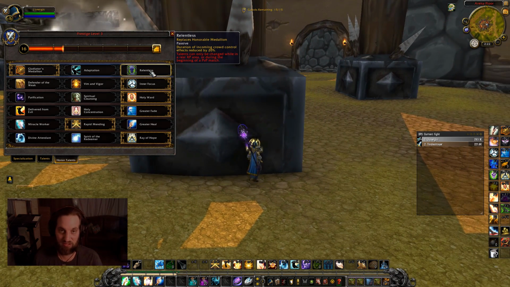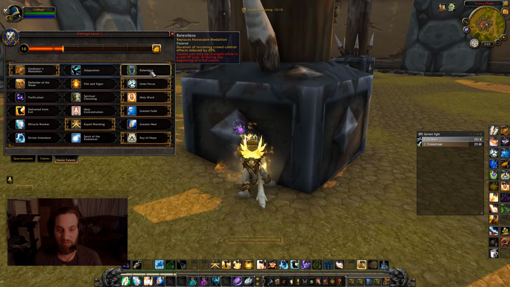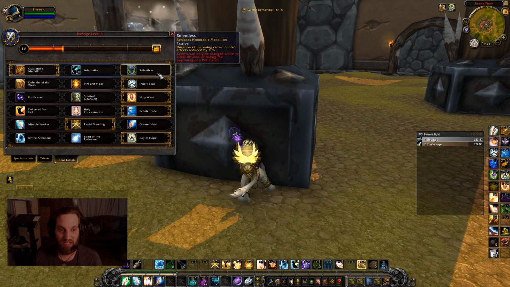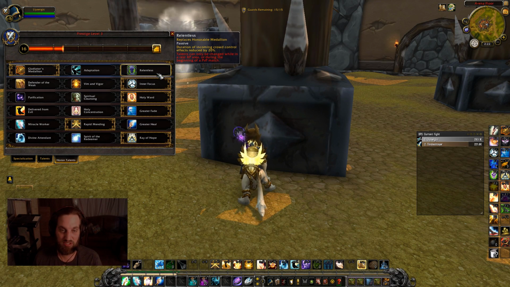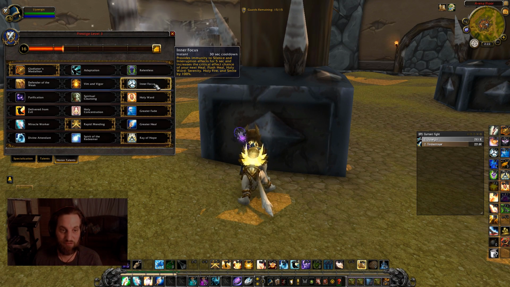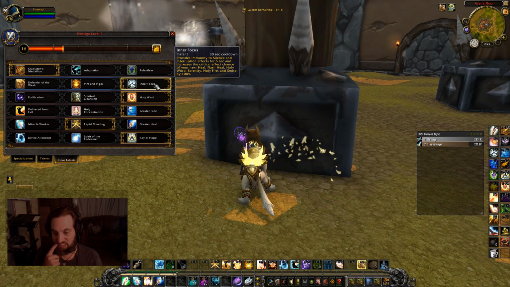I literally cannot survive and get my team to survive if I'm not running Relentless, if they have such high controllable CC. Inner Focus, I will run this if, let's say, they have